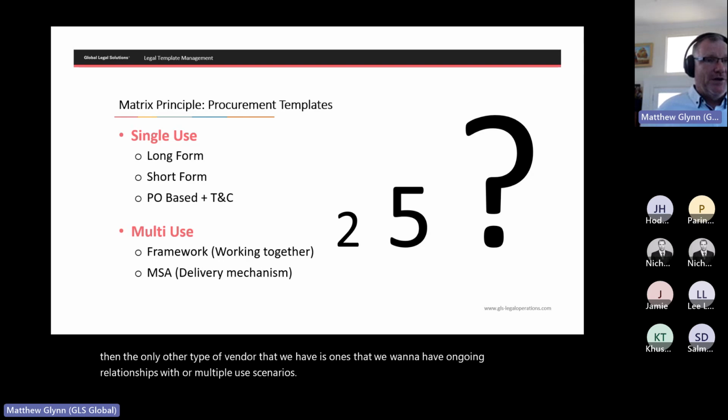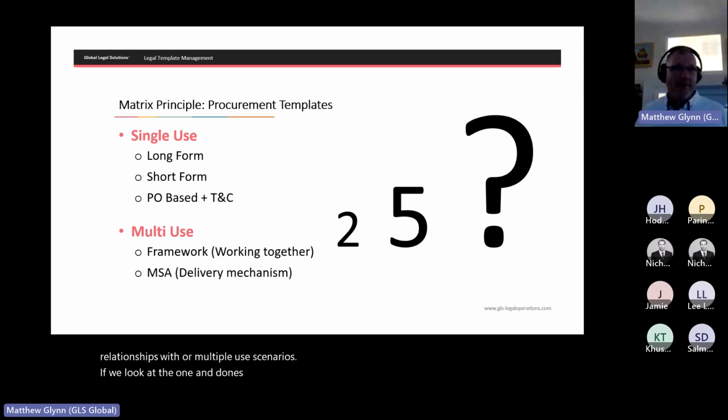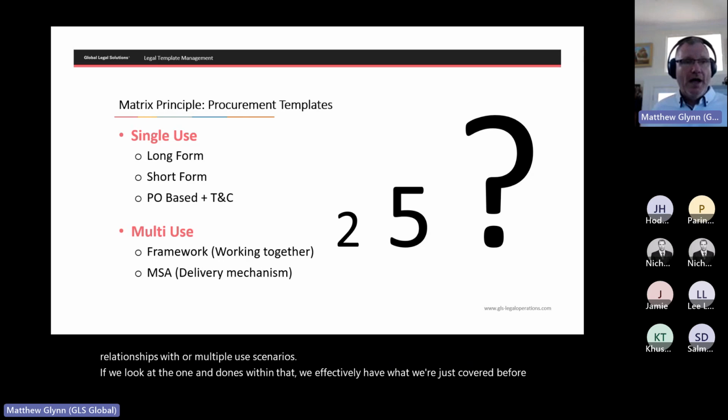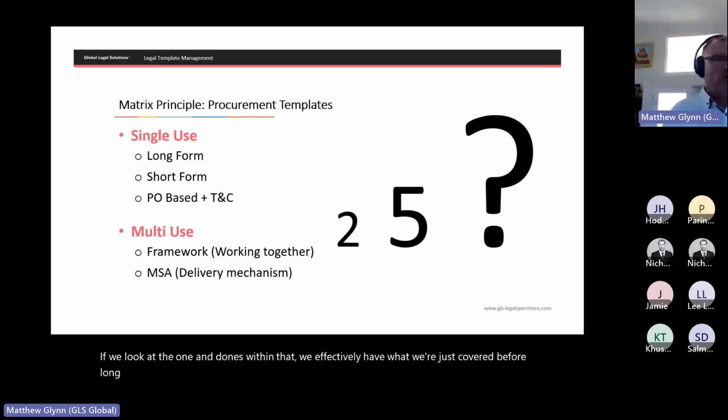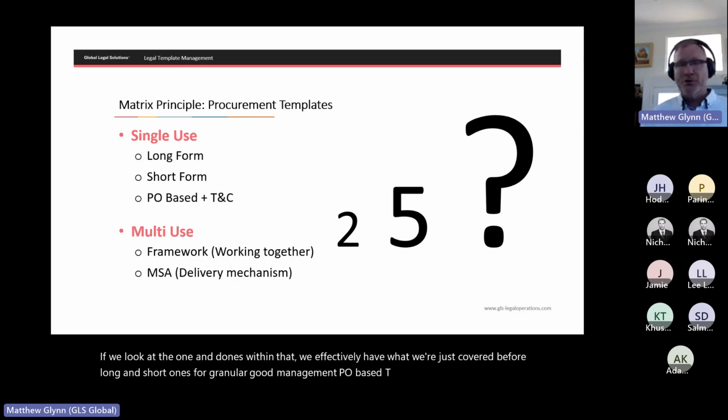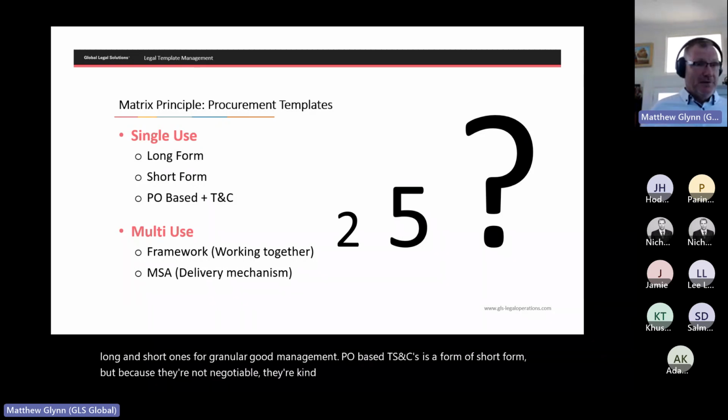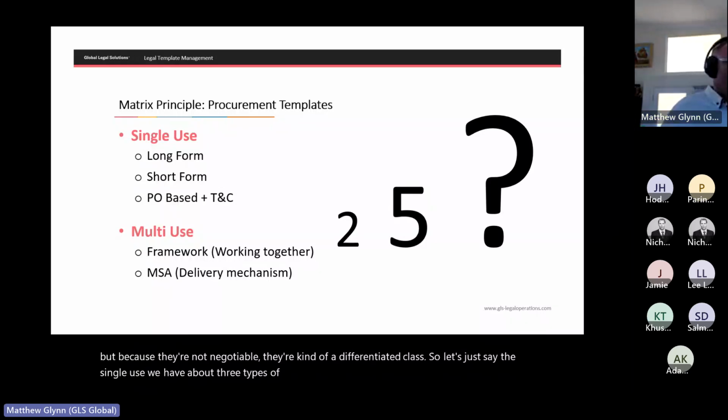If we look at the one and dones, within that we effectively have what we've just covered before, long and short ones. For granular good management, PO-based T's and C's is a form of short form, but because they're not negotiable, they're kind of a differentiated class. So let's just say for single use, we have but three types of agreements that we need.